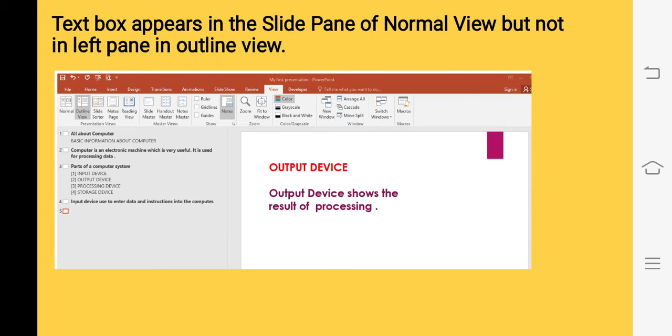As you can see, we have opened the outline view in the left side pane, and you will see that on the 5th slide it is not showing any text, because the text we have typed on slide number 5 was not typed normally; we have used a text box. Children, it is an object, and outline view only shows the content that we have typed normally. It never shows the object.